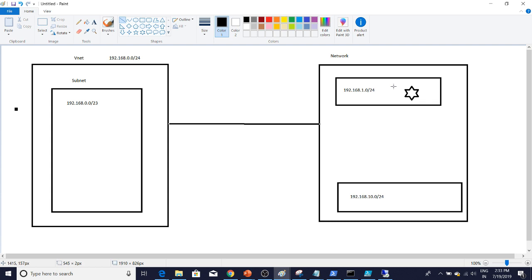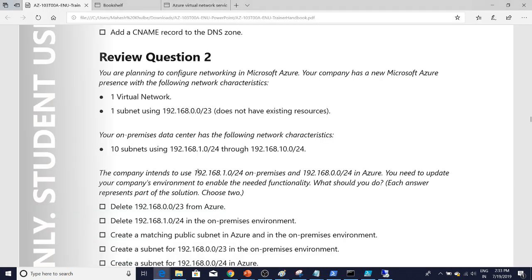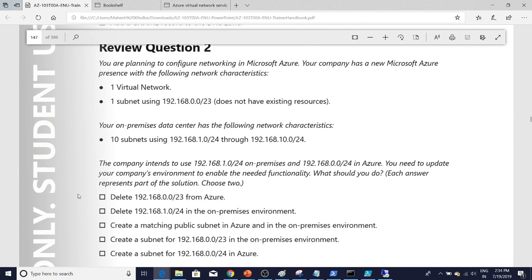That means one has to go, either this one or this one. So this cannot go because it says that your company needs it inside your network. So what we'll do, we will delete this subnet just to avoid the overlapping. If you go back to the question, it says choose two options. So the first option will be delete 192.168.0.0/23 from Azure. Why? Because it is overlapping with